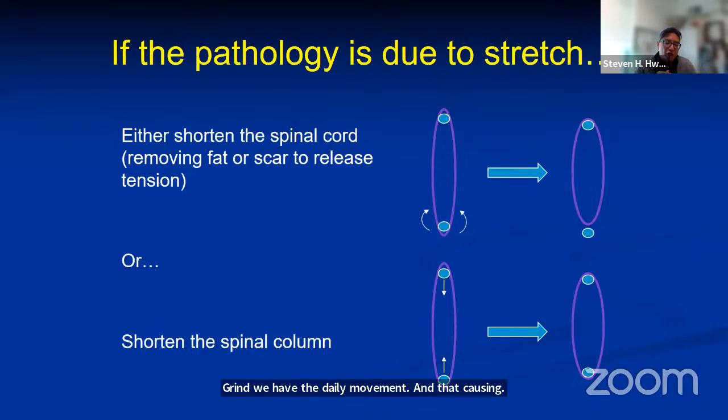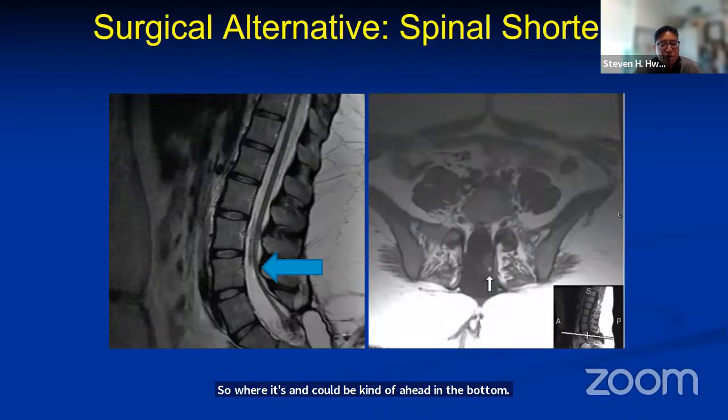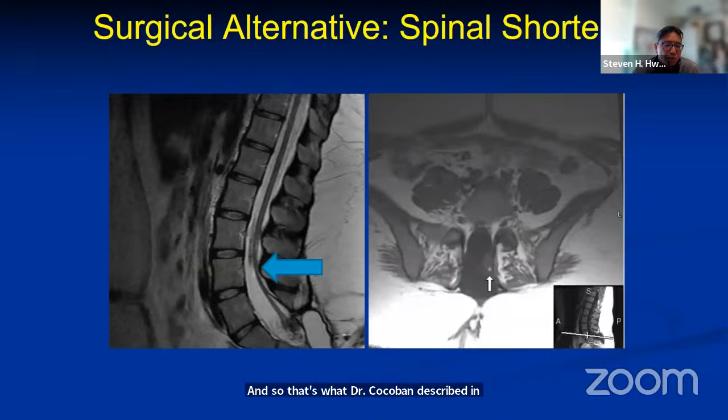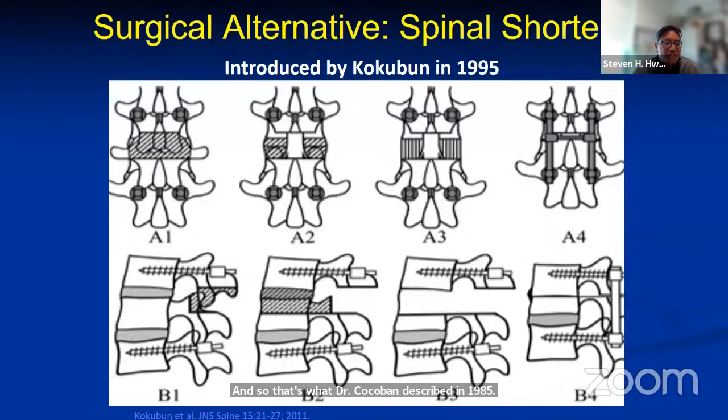So instead of releasing the bottom and taking the tension off, could you decrease the distance from A to B? So where it's anchored to kind of the head and the bottom, could you just change that distance and take the tension off in doing so? And so that's what Dr. Kokubun described in 1995. Basically, patients with a tethered cord, especially recurrent tethered cord, he described this idea of